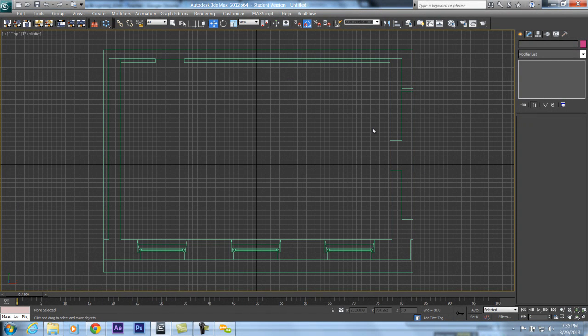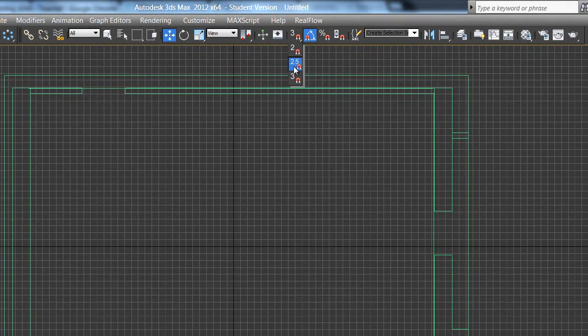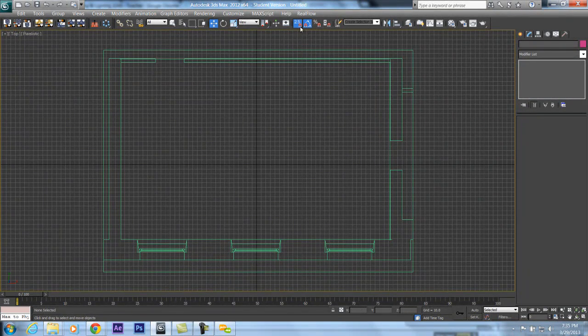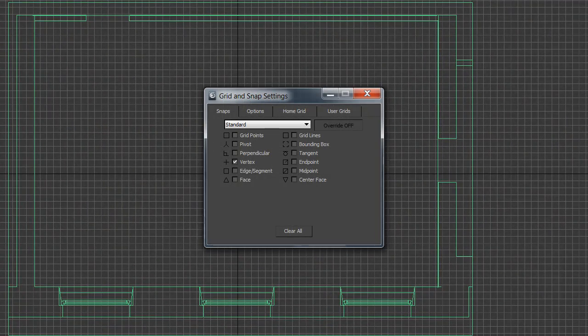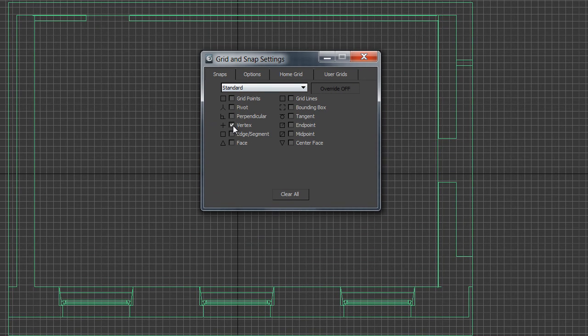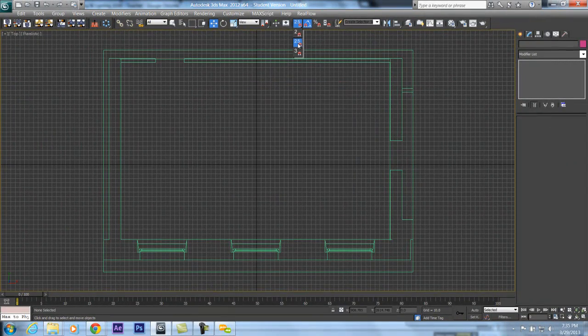Now is the stage where I can start modeling. The modeling will be made with the 2.5 snapping tool. 2.5 because I want to snap, as you see here, I'm snapping to vertices. I'm going to right click here, and by default it's on grid points. You want to deselect this and select only snap to vertices. So you want to snap to vertices on the 2.5